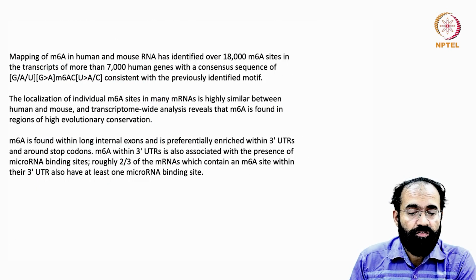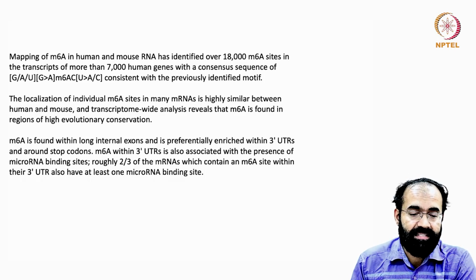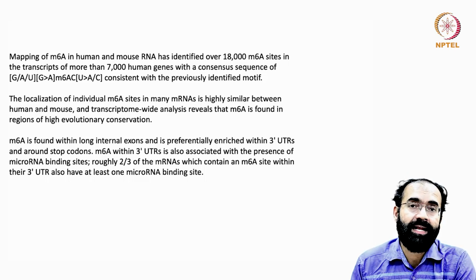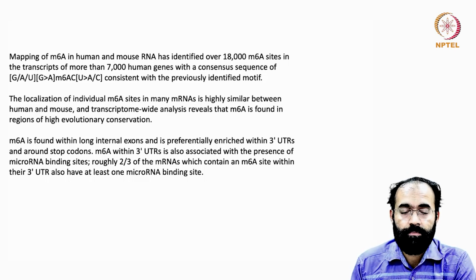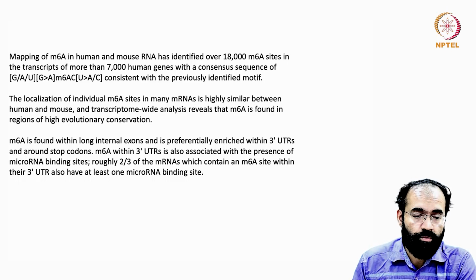So the mapping of M6A in human and mouse RNA has identified over 18,000 M6A sites in the transcripts of more than 7,000 human genes. It is a huge number, more than 18,000 adenosines identified in 7,000 human genes, with a consensus sequence of